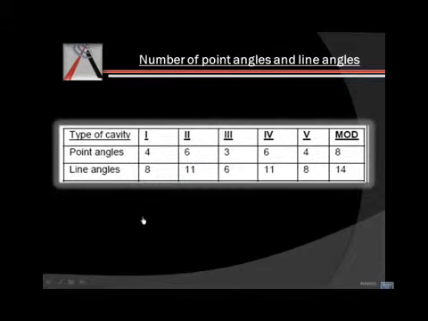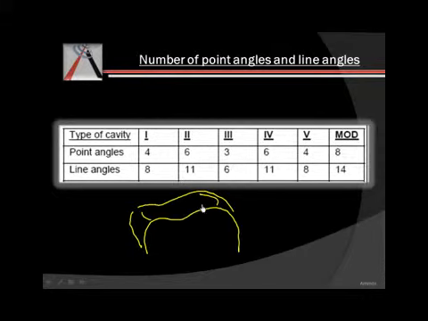So just to understand this, we'll first draw a tooth. So this is your tooth. This is the occlusal surface. And if I try to draw a cavity here, so this is your class 1 cavity. Now if we count the line angles and point angles, what we have here is 1, 2, 3 and 4. 4 point angles. And when we count the line angles, we have 1, 2, 3, 4. And vertical ones, that is 5, 6, 7, 8. And we have 8 line angles.